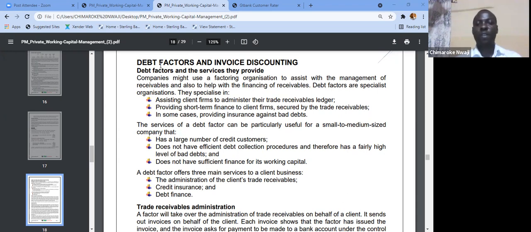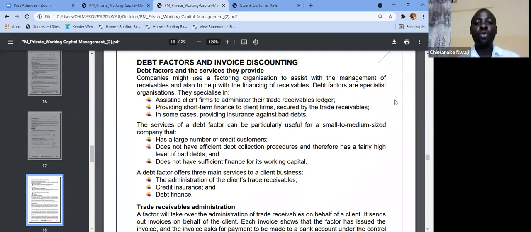Debt factor and invoice discounting. Who is a debt factor and what service do they provide? Now, companies that go to meet a debt factor to assist their management to collect their debts have a reason for that, because debt factors are specialist organizations that provide a number of services that might be useful to the company. For example, they could assist companies that are having weak or inefficient debt collection